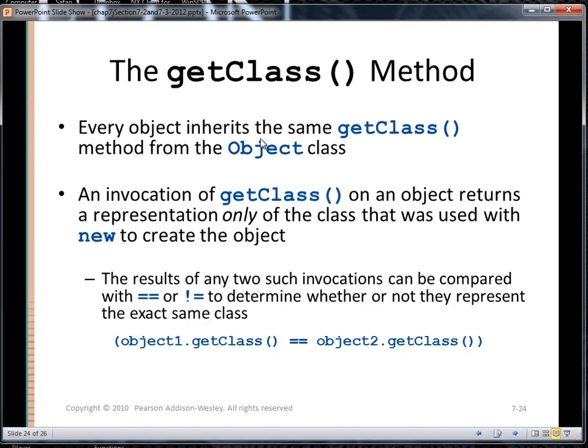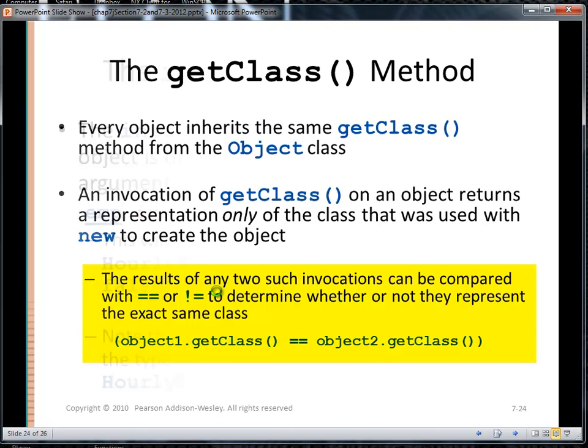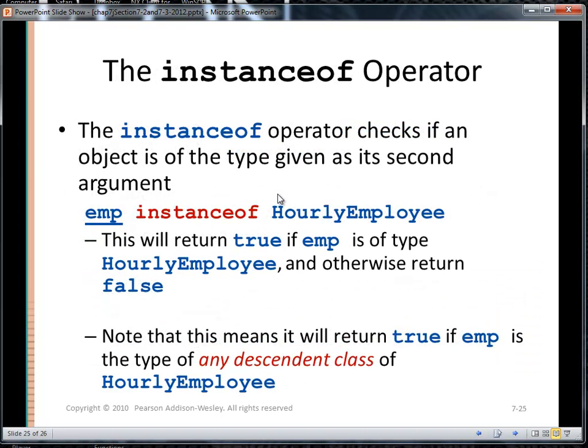So getClass. Every object inherits the same getClass method. The invocation of getClass on an object returns a representation only of the class that was used with the new operator to create the object. And the result of any two such invocations can be compared with double equals or not equals. There's one other